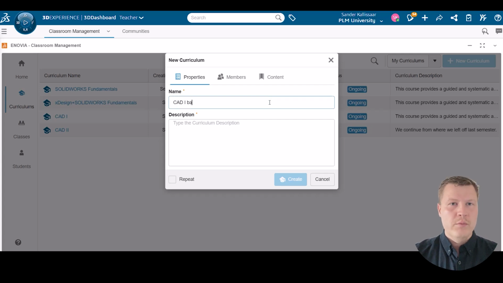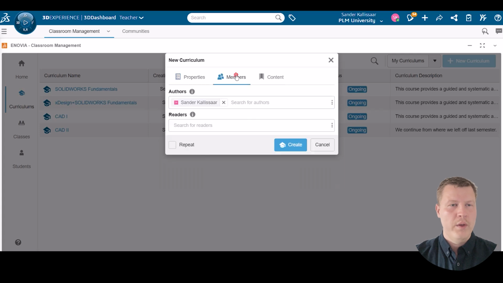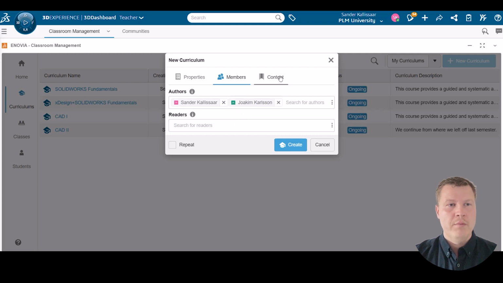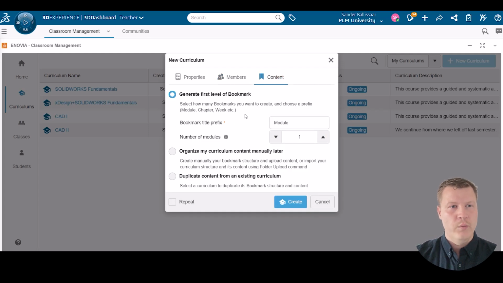To add a curriculum, we will use the new curriculum button, and from it we can specify properties such as the course name, description, authors, teachers for example, and also the content. Here we see 3 ways of selecting which kind of content we are going to create, meaning how we will build up our bookmarks. We will select the generate first level of bookmark, and by doing it we have to